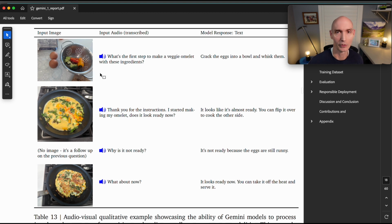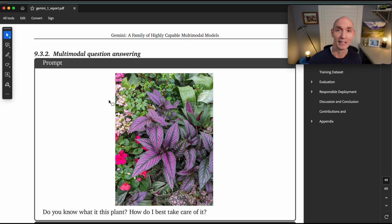I think this is a really incredible use case. So how is it going to get these images? Like, are we all going to have smart kitchens in the future? Are we going to have cameras everywhere? Are we going to be wearing those Google Glass things with cameras on them that can just see everything that we can see, feed that back to the AI, and help us in our daily normal tasking? Pretty incredible example that I was really excited about. Also, if you have time, please check out the appendix. A lot more question and answering here from the model and a lot more